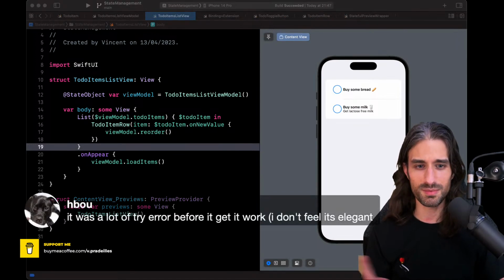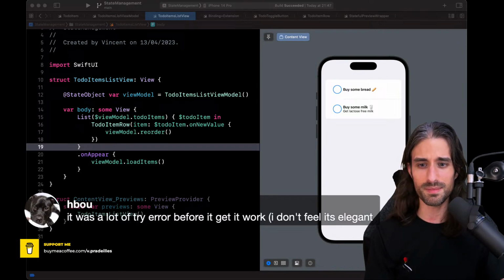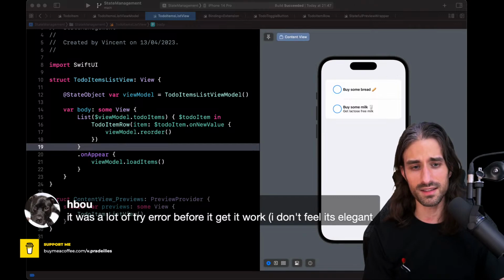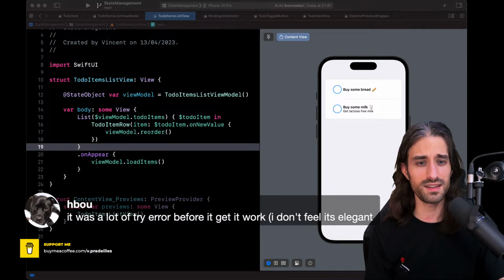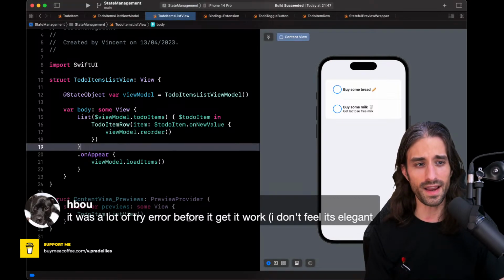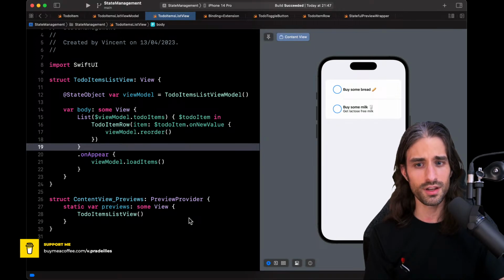Before I do, I just want to display this comment so that it's available on the replay. So yeah, a lot of trial and error before you get it to work and you don't feel like it's elegant. I think what you say, especially at the end, is a good point. I don't know of an elegant solution to solve the problem I'm showing you in SwiftUI just by using the native SwiftUI tools.